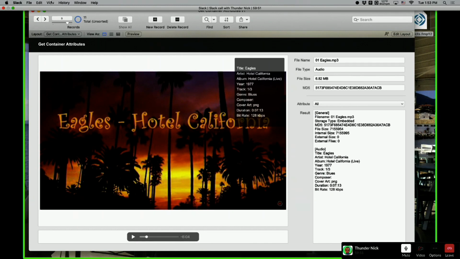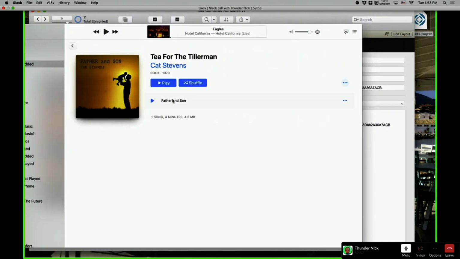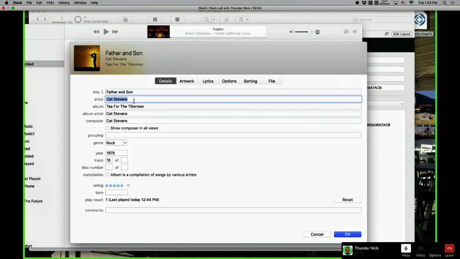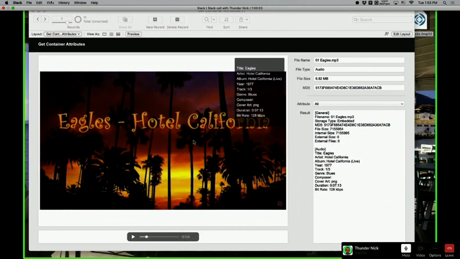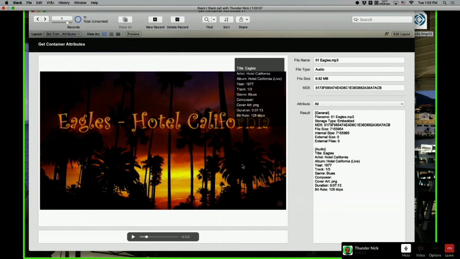It's not like iTunes. iTunes can do this. You can change those things, even the artwork. But FileMaker is just a reader. You cannot set an attribute from FileMaker. It's just an extraction of something existing. I want to make that clear.